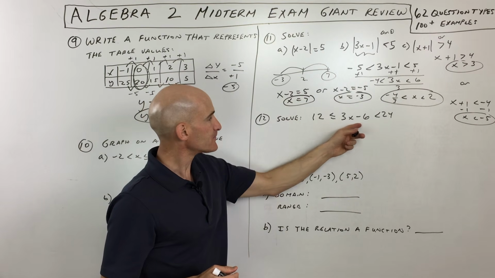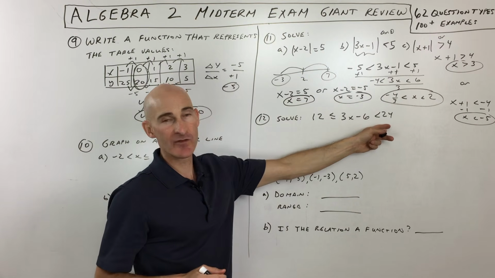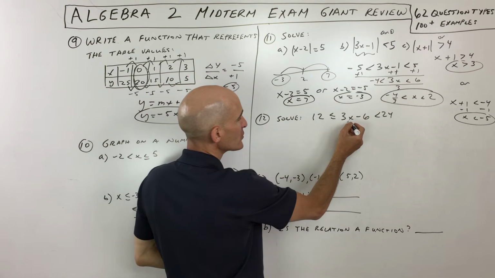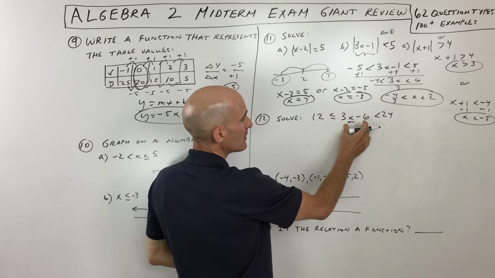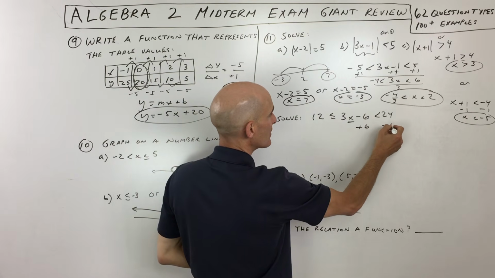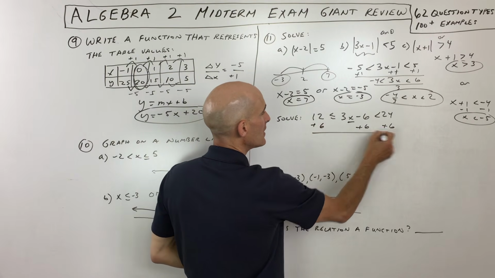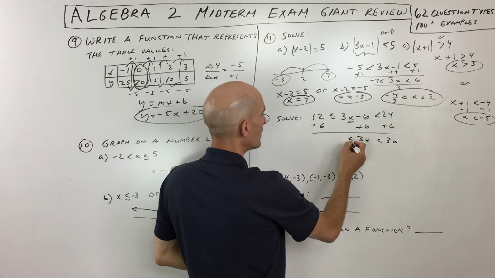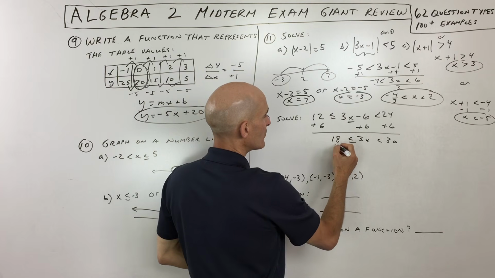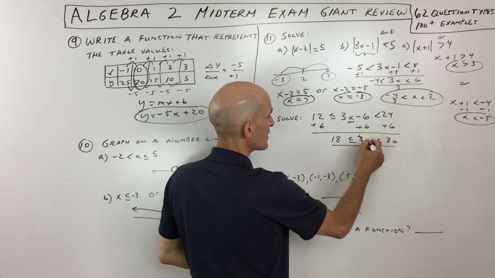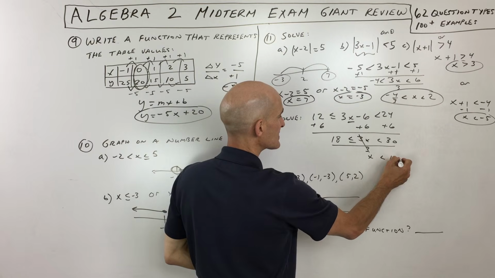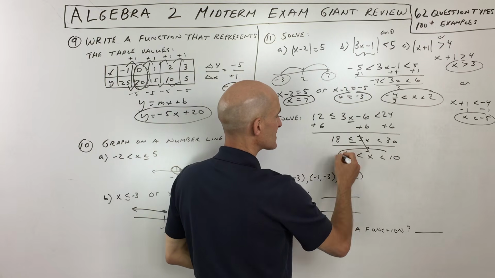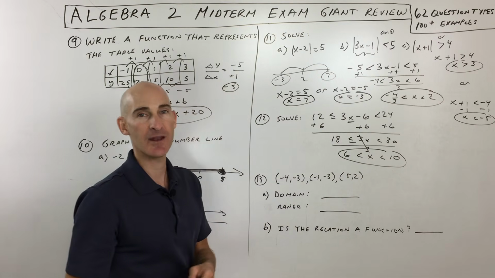But number 12, here it just asks us to solve this compound inequality. This is very similar to the one we just did right here. Again, our goal is to get x by itself in the middle. And the way we do that is we add 6 to the left, middle, and right. Okay, so now we're down to 3x is less than 30, but greater than or equal to 18. And then we divide everything by 3 because we're just trying to get x by itself. So we get x is less than 10, and x is greater than or equal to 6. So 6 is in between 6 and 10.